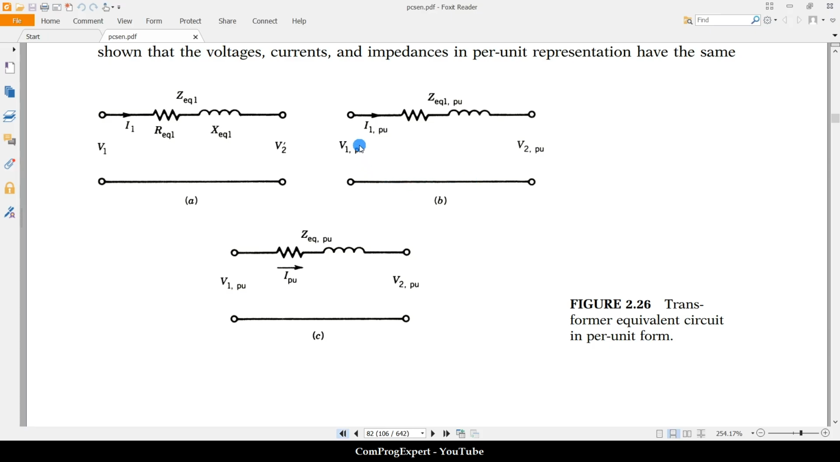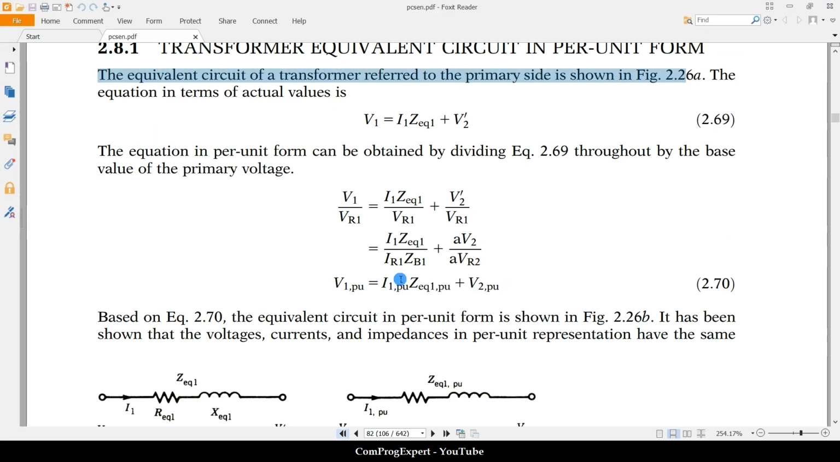So here you can see we have this Z equivalent 1, I1 per unit, but in this case, because these are the same for the secondary also, simply we can write Z equivalent in per unit, and this is the I per unit. V1 per unit, V2 per unit, the value of the voltage for the primary and secondary. Okay, so the equation in terms of actual values is as follows. And how can we rewrite this equation in the per unit